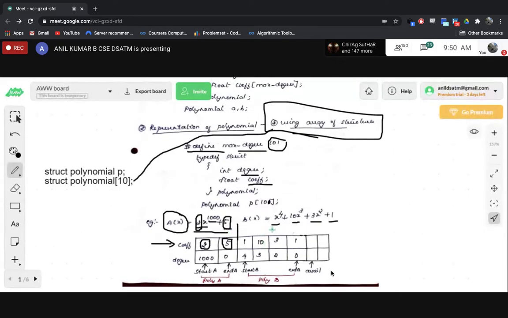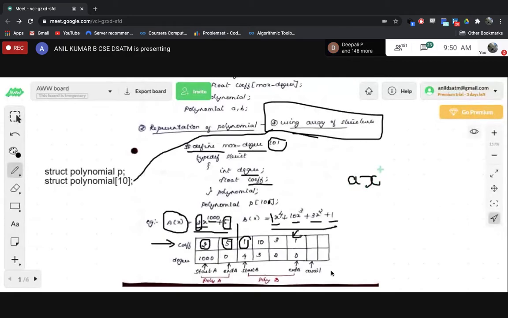Similarly, for polynomial b, that is b of x, how are we going to represent it? The first variable, that is x to the power 4, coefficient is 1. So this is in the form of ax to the power e, right?